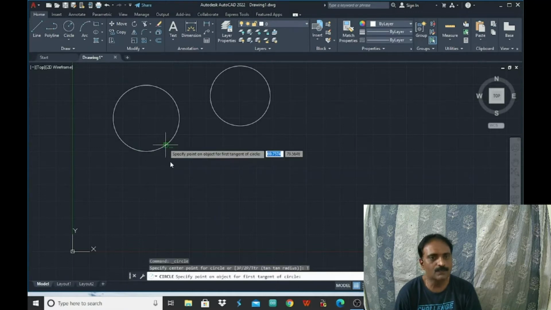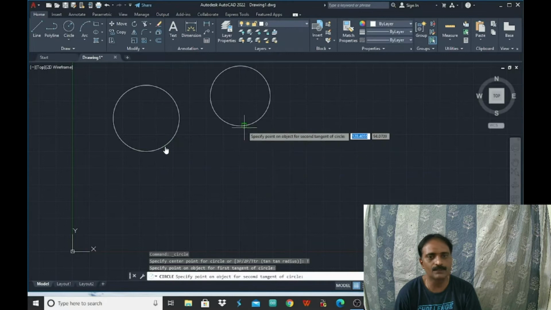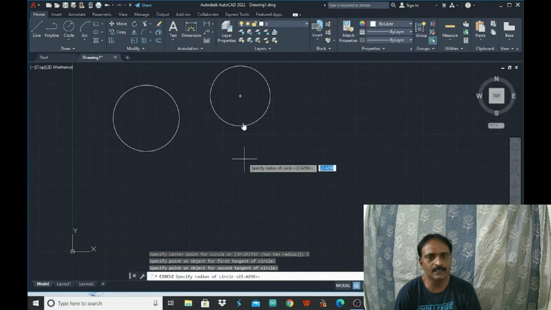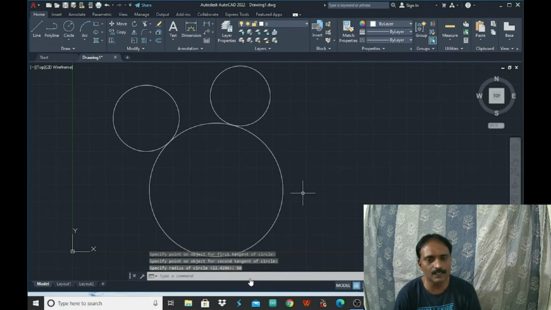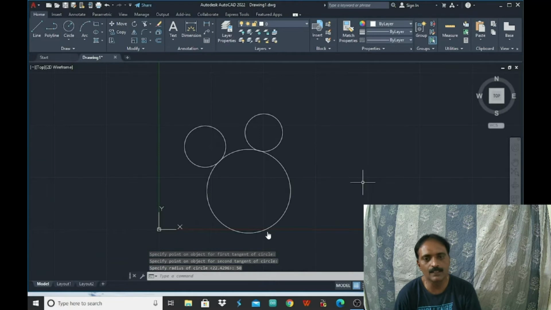It is asking for the first tangential point. I am selecting this as the first tangential point and this as the second tangential point, and it is asking for the radius. So in the command bar I am giving the radius as 50 units. So this is the circle of the given specifications: first tangential point, second tangential point, and the radius is 50 units.